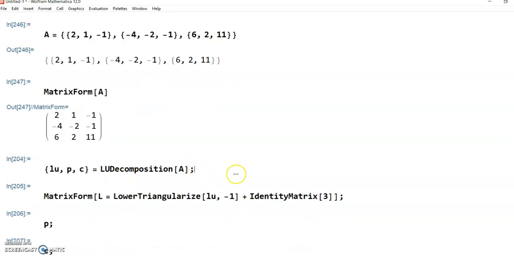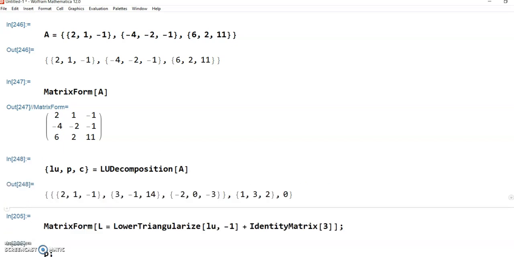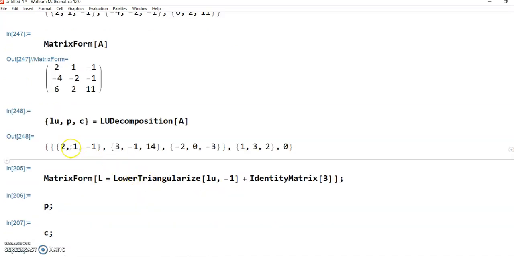And then I apply the LU decomposition with those three parameters, LU, P, and C. Once this decomposition has been applied, what I can see in the results now is something different. Okay, especially in this permutation part 1, 3, 2,